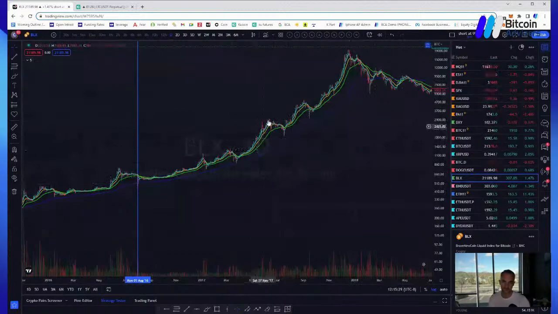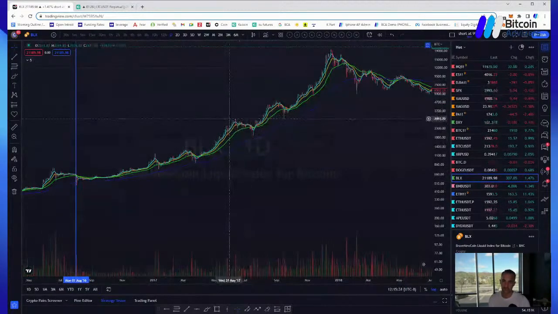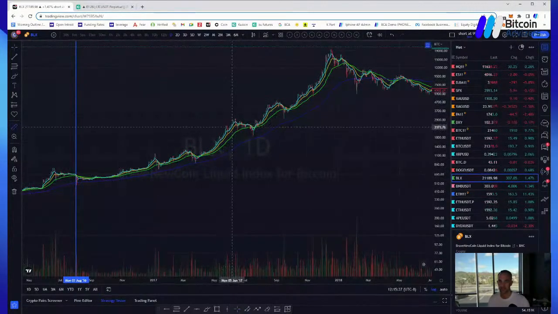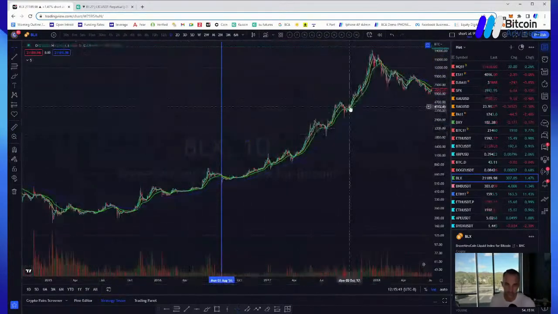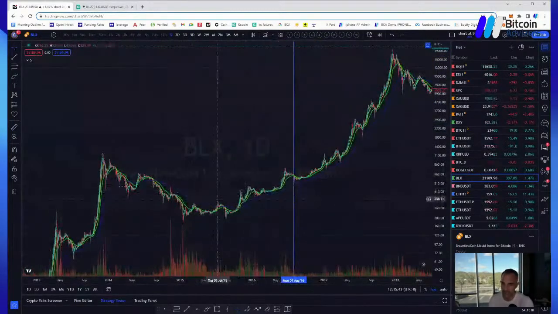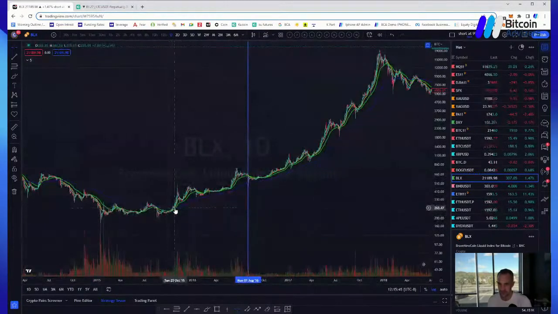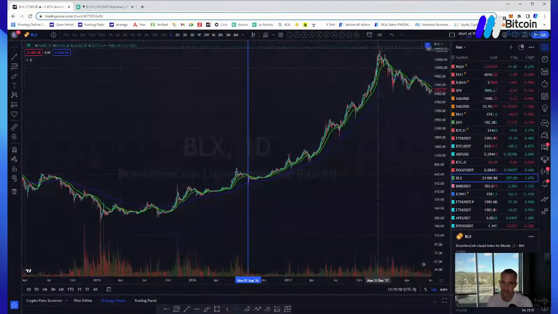I didn't end up getting into Bitcoin until 2017 around $3,000. And needless to say, from 3,000 to 20,000, we had a big party and we made a lot of money. But going back to these golden crosses, this golden cross lasted you from $261 all the way up to